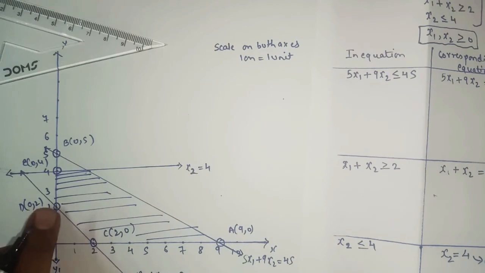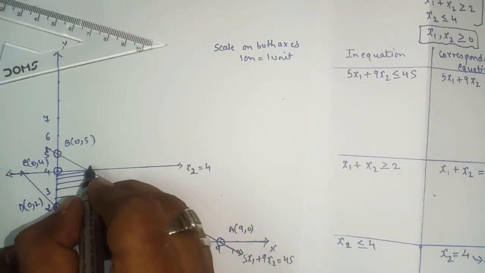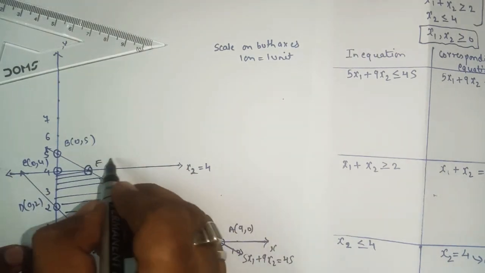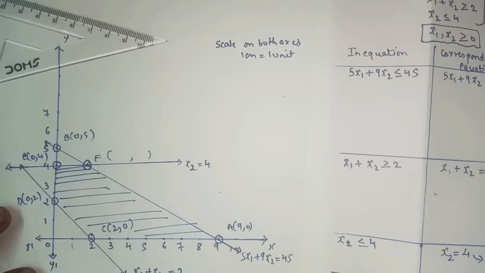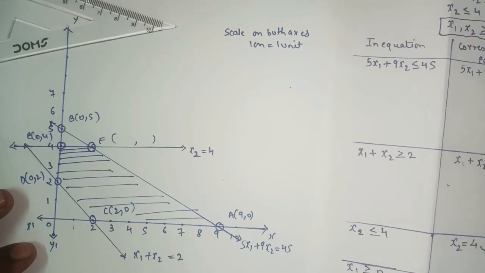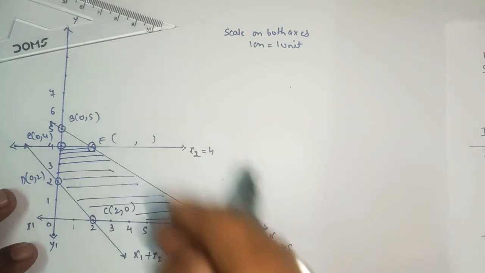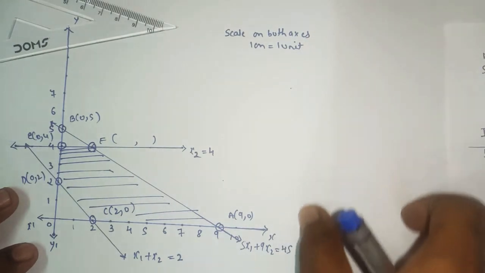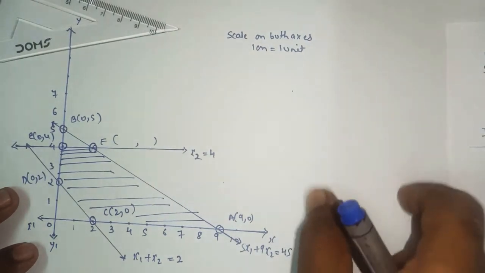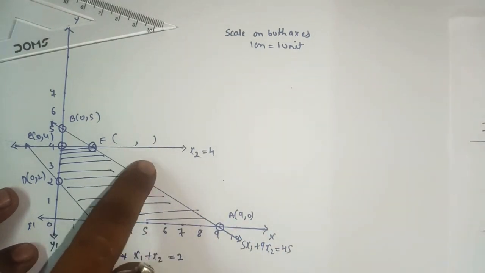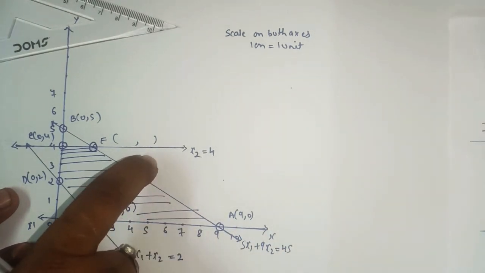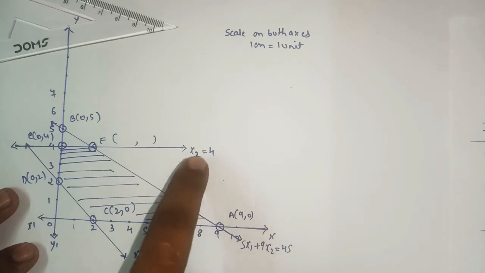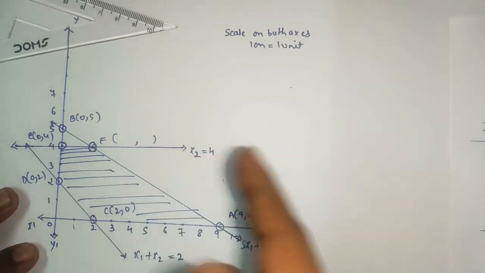So here we got 1, 2, 3. So this is the intersection between these two lines. So we'll write this as F. Okay, we'll find the answer. Now clearly we can see that here we are getting 2 and 4. Still, as I told, in the board exam you have to present the steps. If you have two linear equations, you will solve them simultaneously to get the answer of x and y. As here we have one linear equation in two variables and one linear equation in one variable, you can directly find your answer by solving.